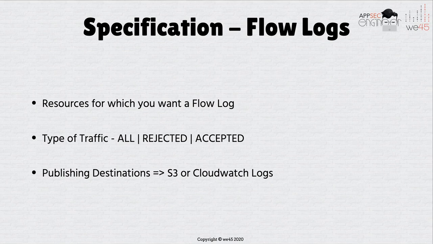The other important consideration that you have with VPC flow logs is where you're publishing them to. Now you can publish them to an S3 bucket, which we're going to be doing in our lab, or you could publish them to a CloudWatch log as well. Now, what we are going to be doing is publishing them to an S3 bucket and we're going to be querying them like you query a database with another service called AWS Athena. So we're going to be using Athena to query the S3 bucket, which is essentially going to be stored as a JSON set of flow logs.